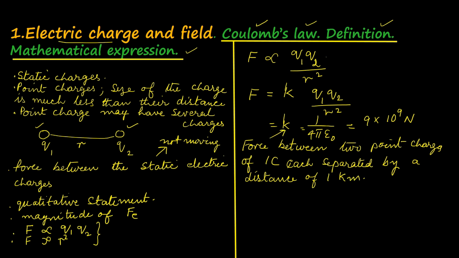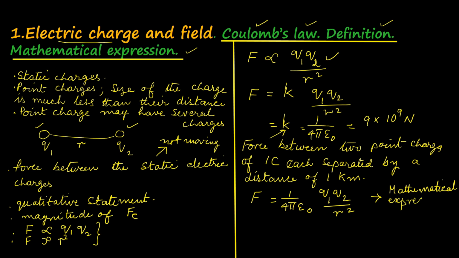So this equation can be written as F is equal to 1 by 4 pi epsilon naught Q1 Q2 by r square. This is the mathematical representation of Coulomb's law. So it is very simple. Now we will note down